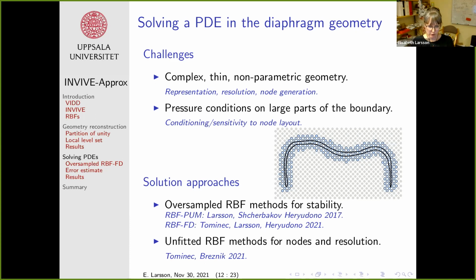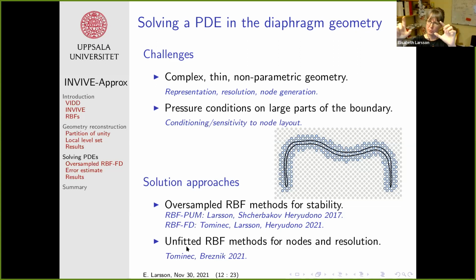And the first oversampled method that we did was a partition of unity method with Shcherbakov and Heryudono in 2017, but I will not talk about that now because I wanted to talk about the stencil, oversampled stencil method instead. So this is recent with Tominec and Heryudono. And we have also used